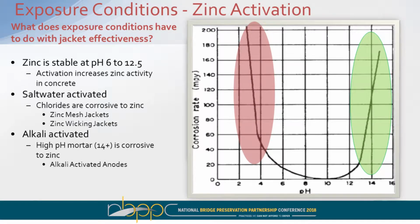And so what does this have to do with the type of jackets that you're going to select? Or what type of a galvanic CP system you're going to select for your jackets. What you're going to do is try to use your environment to your advantage. In all of these systems that I've talked about, we're using zinc. Zinc is very active in a low pH or in a high pH range. So we're going to want to take advantage of zinc in these ranges where it's actively corroding and able to provide a